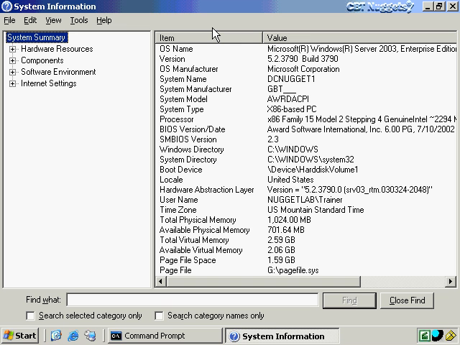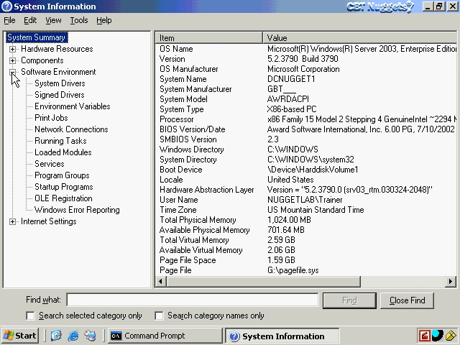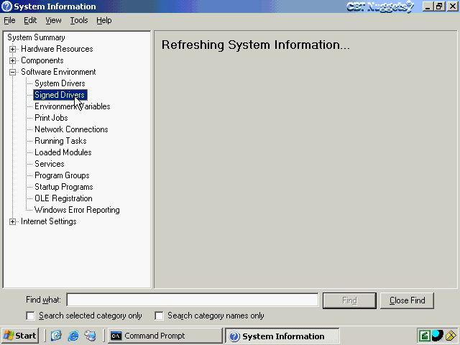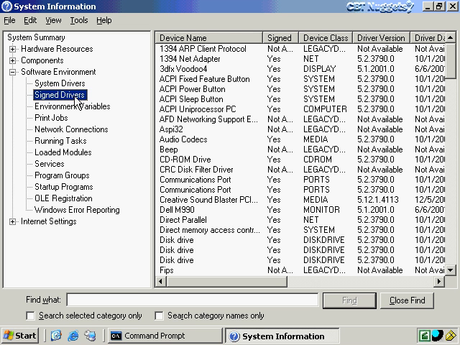The system information is really a wealth of information about the entire system, and it's pretty handy to go through and just check out the various things that are there. But what we're interested in here for drivers is under Software Environment and then Signed Drivers, and this will take a little while to refresh. Once it does, it gives us verbose information about all the drivers that we have installed here, whether or not they're legacy class drivers, which would be the non-plug-and-play drivers, which are nevertheless signed,